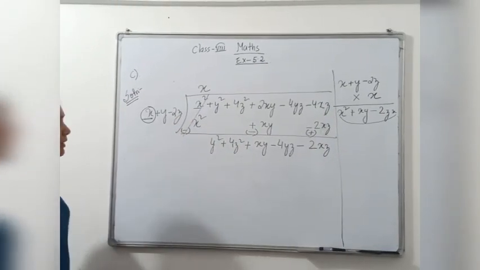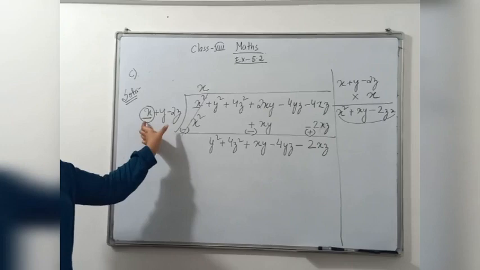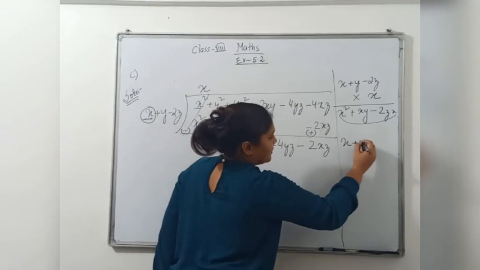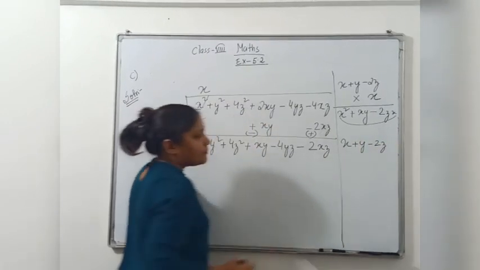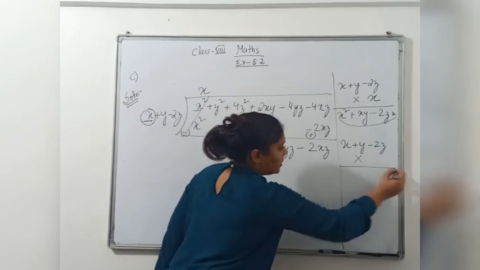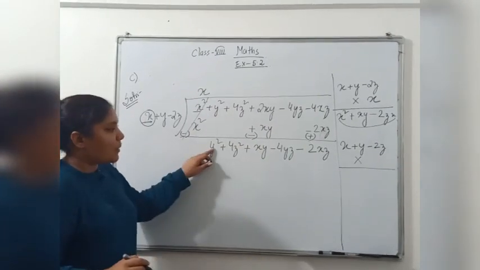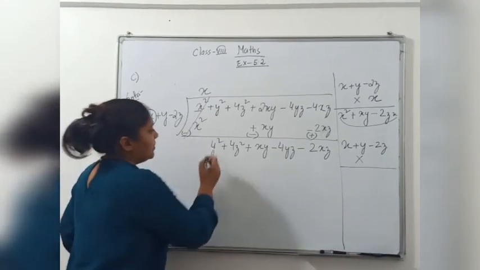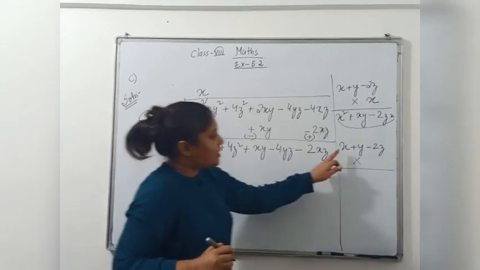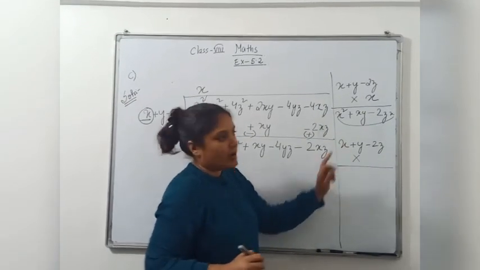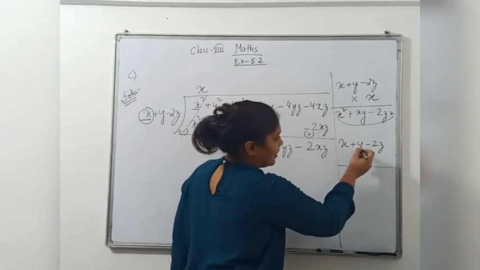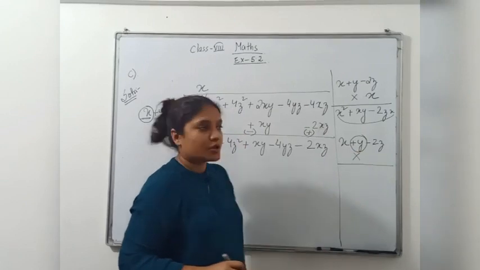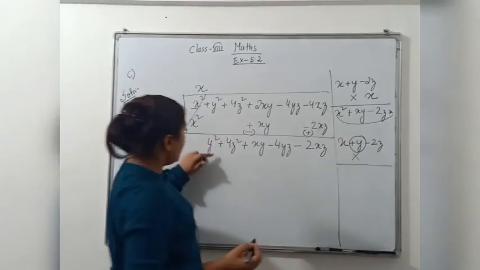Clear, students? Now again, this is our divisor. In second step also, which is our divisor? This one. So let us write the divisor again here for the second line. Into. Now, which number you need? Y square. Now this is a very big question mark, right? But our first number is not y, right? Where is y in the question? Just see. Here it is. It is in the middle. So what I need? I need y square.